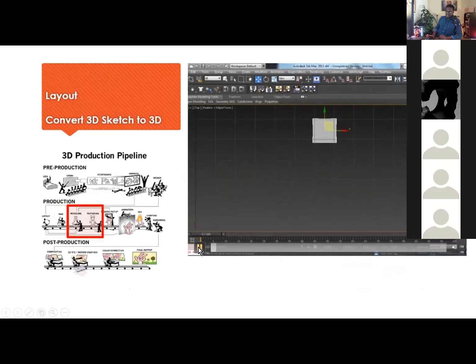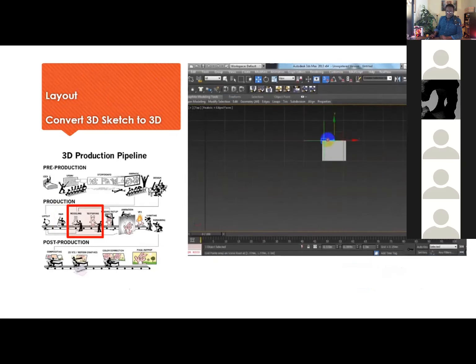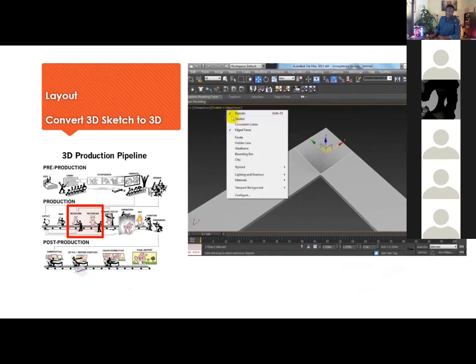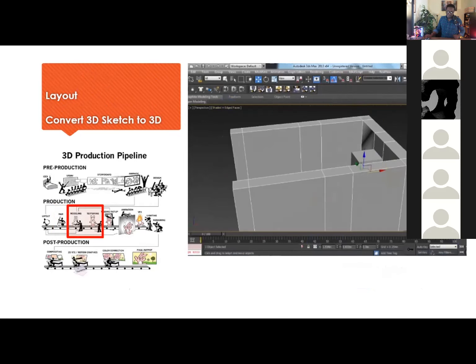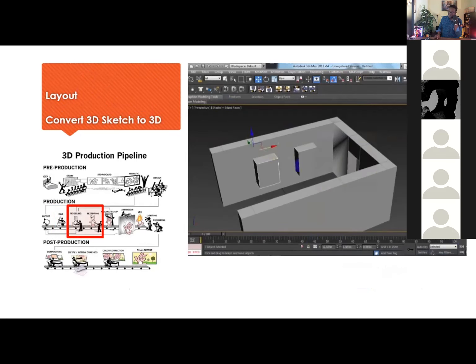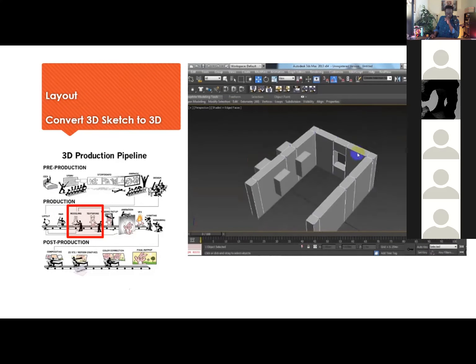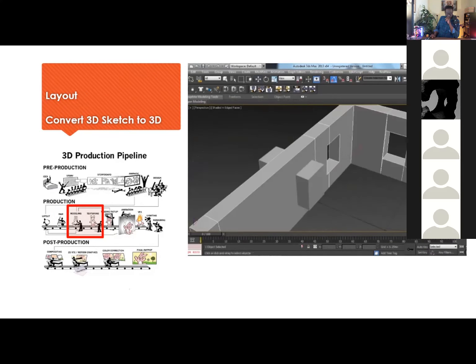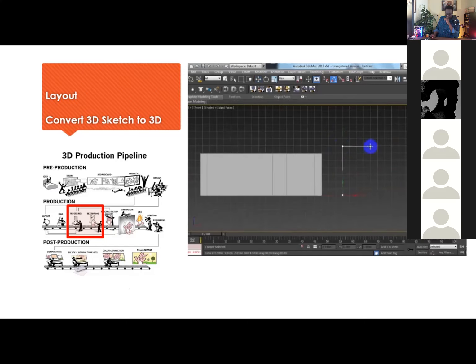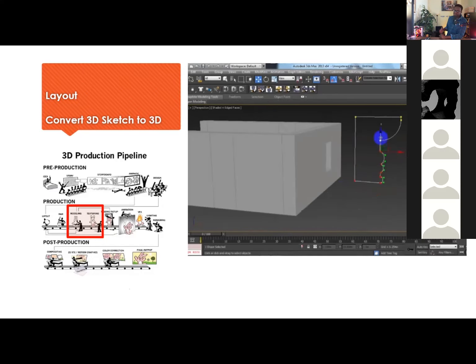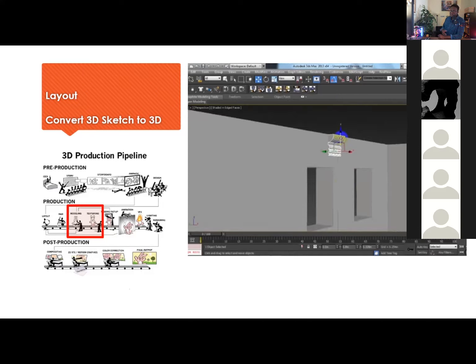So for example, this is the production process. I don't remember what I was doing here. I created this so long ago, but this is modeling something. And some of us might be good at modeling something. You guys did 3D modeling in third year, right? In second year, second semester, right? So, no, third year, first semester. So you know how to model stuff in